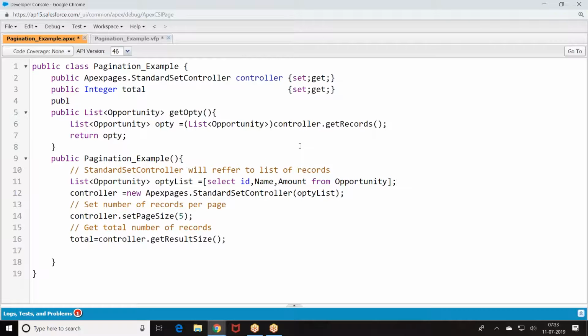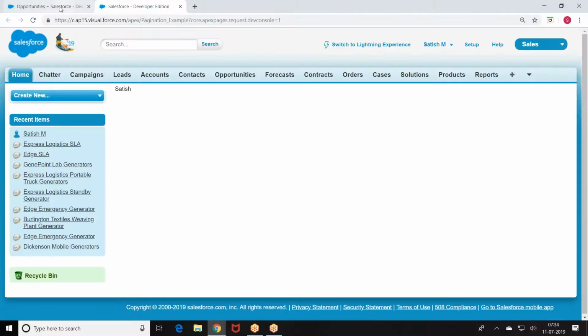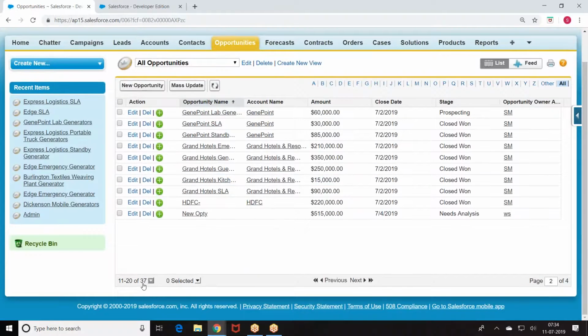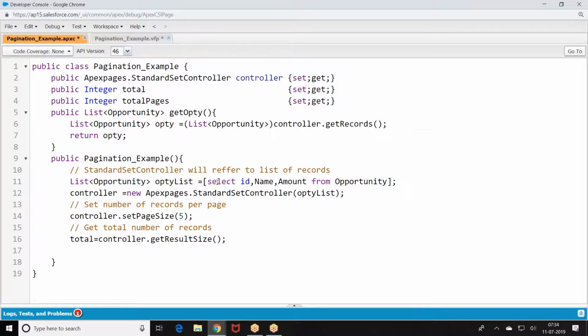Okay. Public total number of pages. Total how many records came, and how many pages will that be? 37 records. Now my page size is 5, so it's going to be 7 pages, 8 pages.